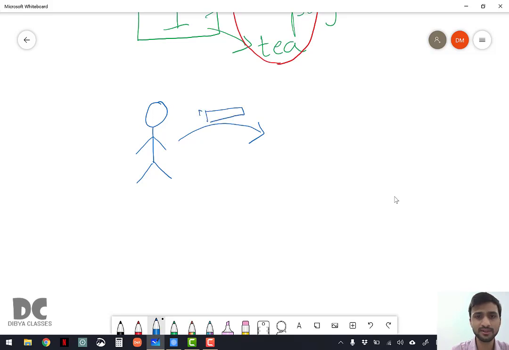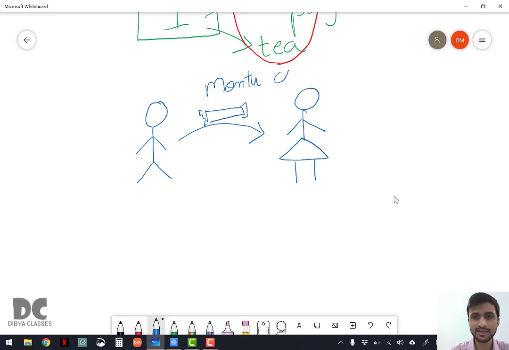He had a Dairy Milk and someone stole his chocolate. So he went to the principal and complained that Montu from class 9 did it.